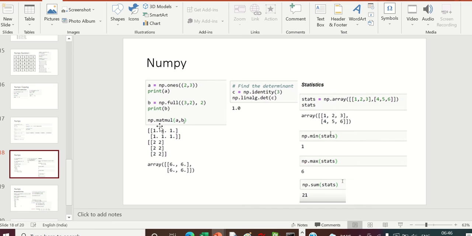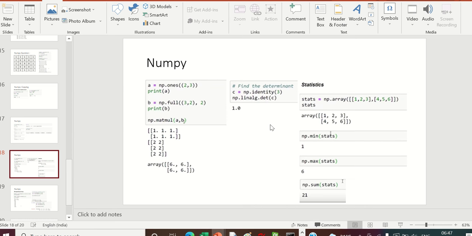See, we can apply matmul. This one is the multiplication of matrices. Here you can see there is a 2 comma 3 matrix and a 3 comma 2 matrix. We are doing matrix multiplication. So if you do np.matmul, it will do matrix multiplication.